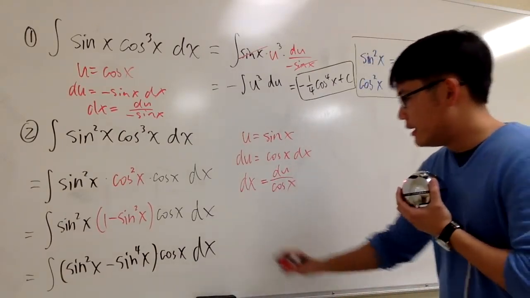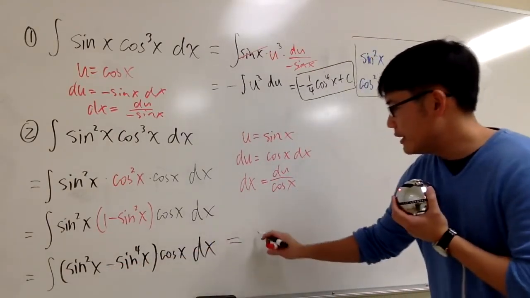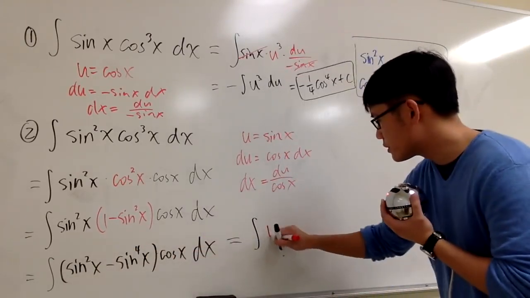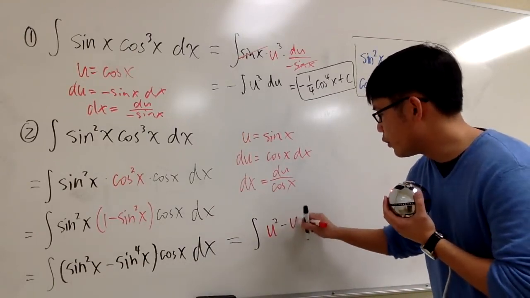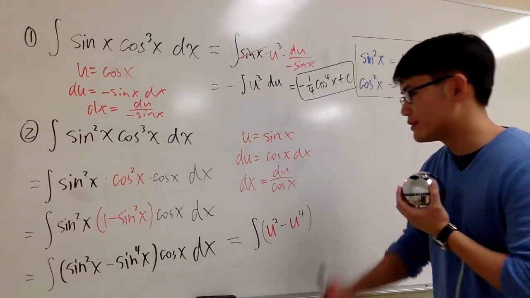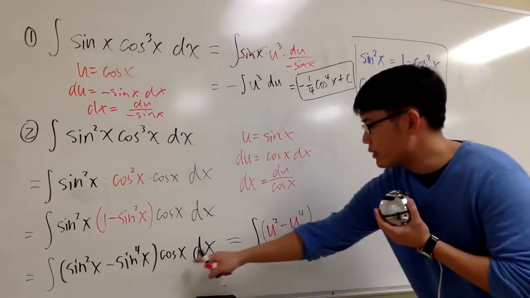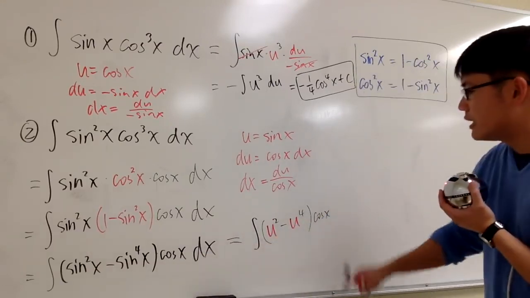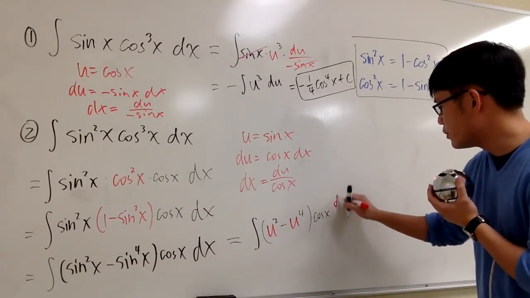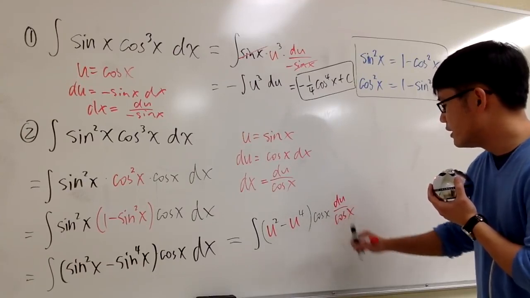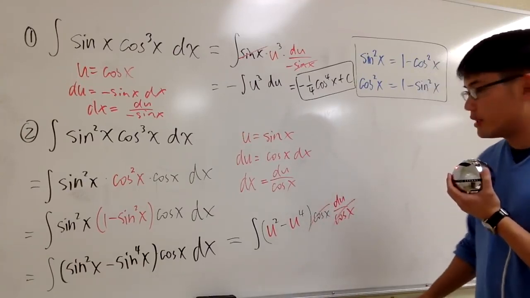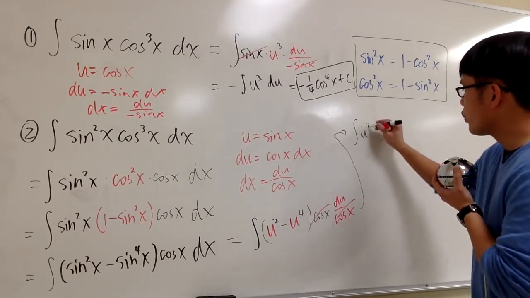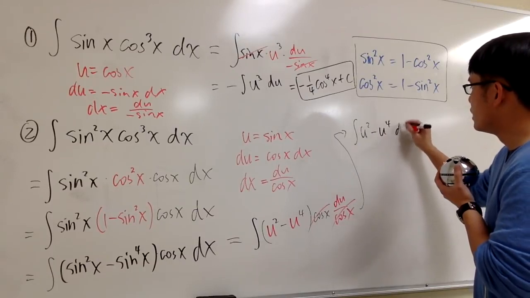Okay. So this integral right here is just integral of the sines becomes a u. So we have u squared minus u to the fourth power in the parentheses, right? That's the first one. And then cosine dx will, depends on how you like to do it. I like to just write down the cosine x, and then the dx is du over cosine. So let me write down du over cosine x. I just like to show you guys the cancellations. So now what? This is nothing but just the integral of u squared minus u to the fourth power du,